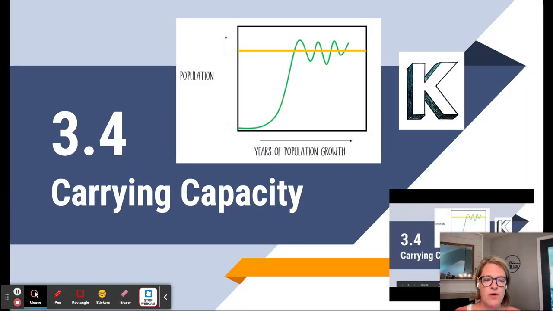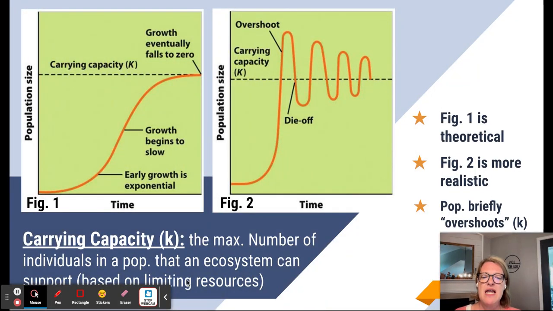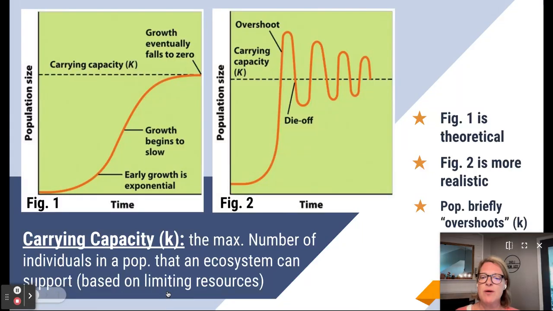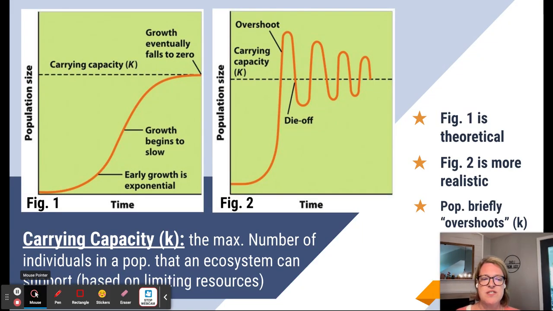Okay, so for 3.4, we're going to be talking about carrying capacity of a population. A carrying capacity is the maximum number of individuals in a population that an ecosystem can support. And the number of individuals that can survive are all going to be based on different limiting resources. So, limiting resources would include things like habitat space, food, water availability, all of those different resources that organisms need